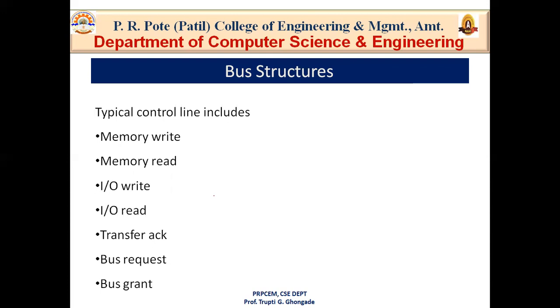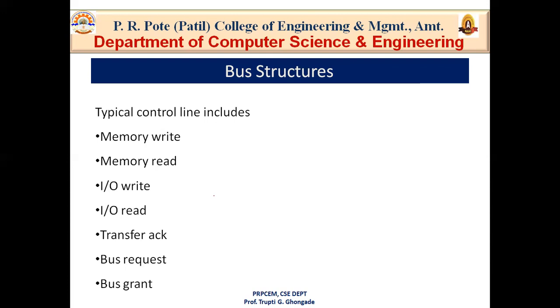Then memory read. Data is placed on the bus from the addressed memory location. Now here we are reading data from memory. While the processor fetches an instruction from memory, that time we use this memory read. Then IO write. Now data is given to the addressed IO port. What is the addressed IO port? The address at which we have to store or send that data. Okay, so that means the addressed IO port. Now IO read. The data is placed on the bus from the addressed IO.